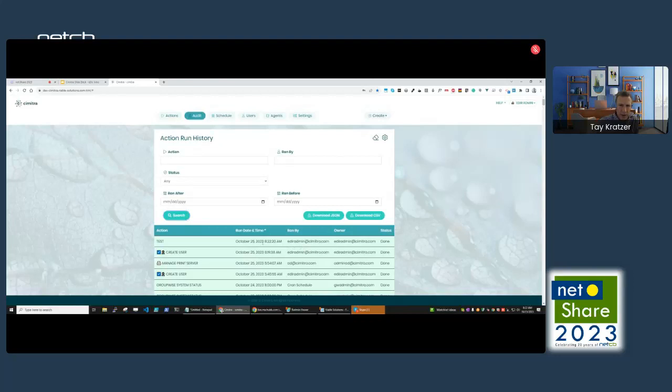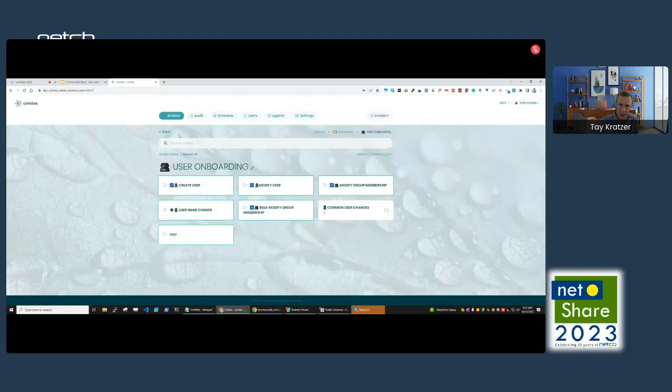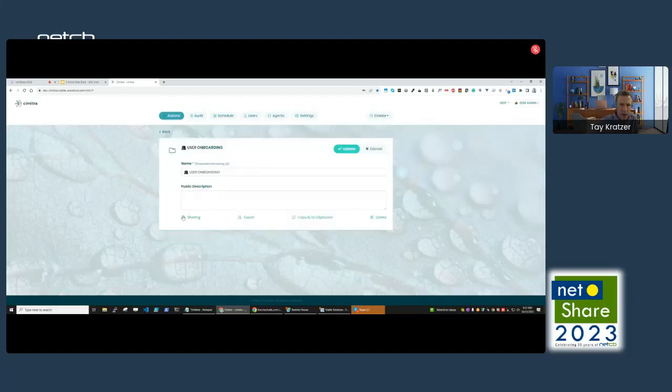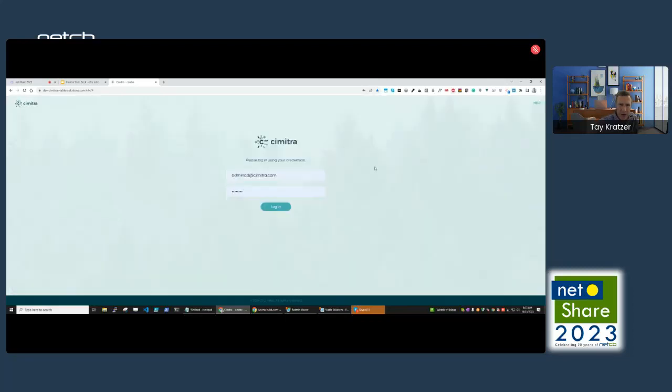And so I can see either admin ran this command called test and also go back and jump in the time machine and see that, okay? But now I've shared this ability to do all of these actions to a user called eder@cimitra.com. So let's go ahead and show you their experience. Ed Irwin,